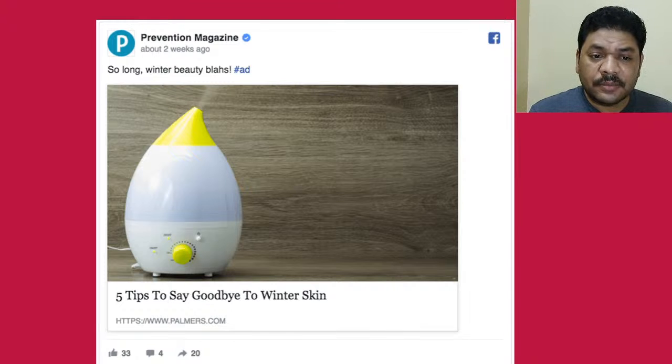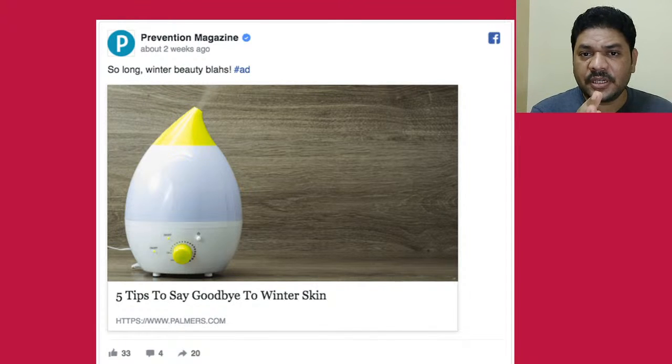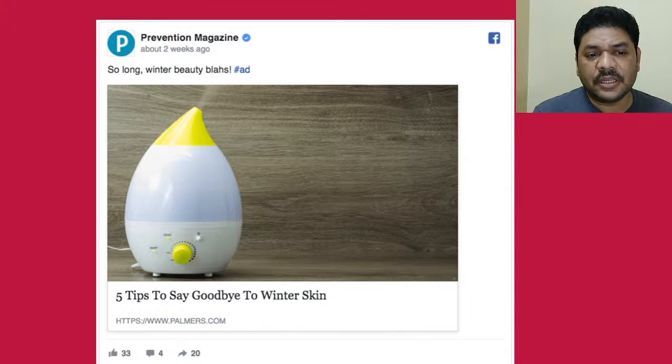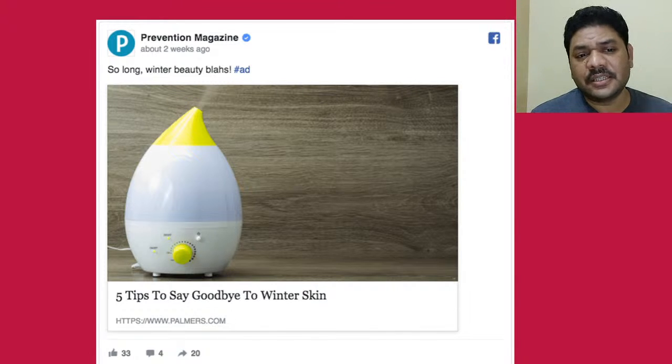I think the image has not been kept in the proper position according to our golden ratio, for one thing. And they are speaking about winter skin, goodbye to winter skin, but they are promoting their product, which I think is a steamer, but I'm not clear about what they are going to tell. So if you are speaking about skincare, you have to be clear about the skincare. If you are speaking about the product, you have to be clear about the product. Ultimately, the topic and the image mismatch, and the context is not clear. Something is missing, or it's not joining.